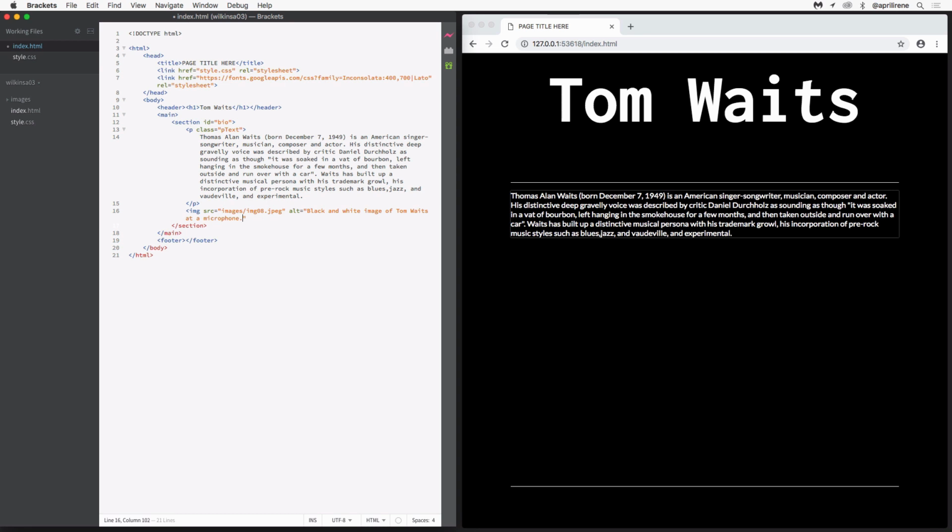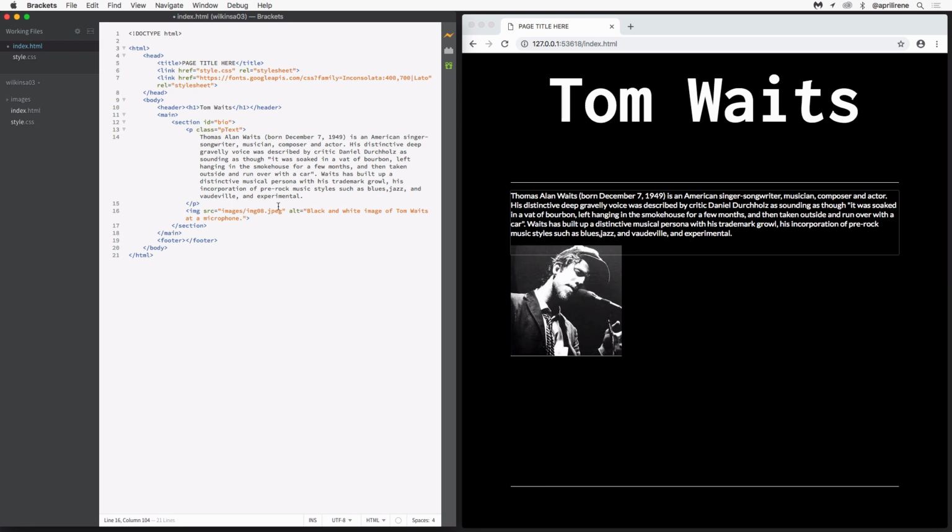You do use grammar, punctuation, and all of that as well. Then I can see red out here. That reminds me I did not close my angle bracket. So there is no closing image tag. It is a self-closing tag. So all I need is to insert the image. I don't need a closing image tag. So I now see my image below this text, but I actually want this image to float up here next